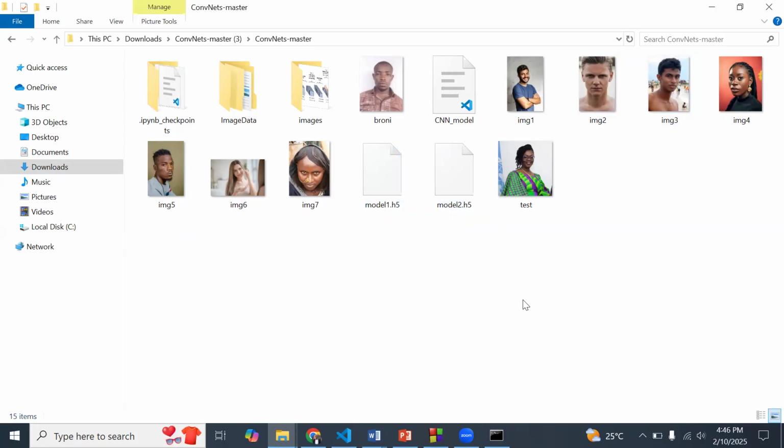For instance, some females were being predicted as males and some males as females. Those are problems with the model and not necessarily the web application. The web application is just a servant, a medium we are using to communicate these findings that we have.